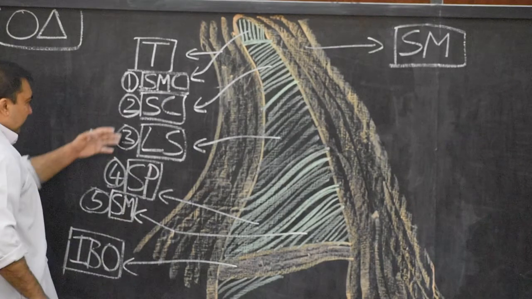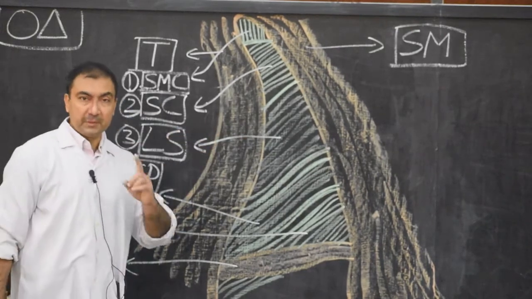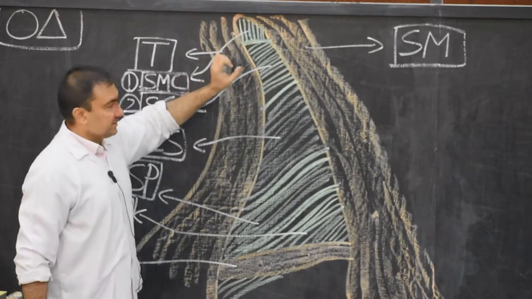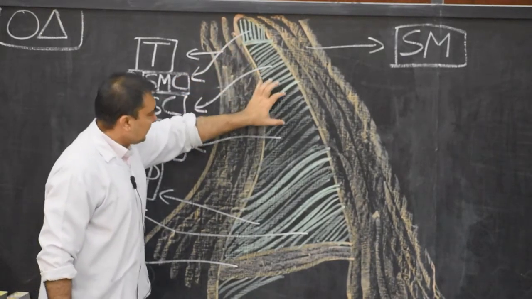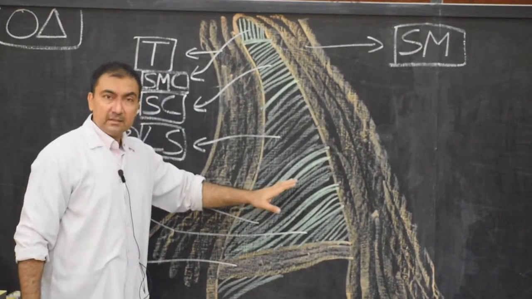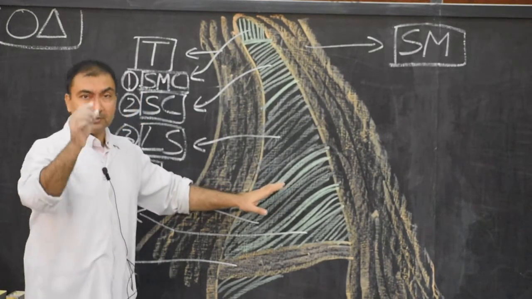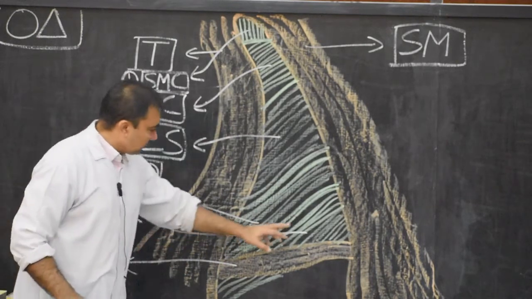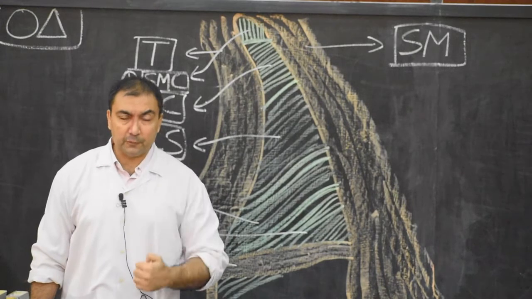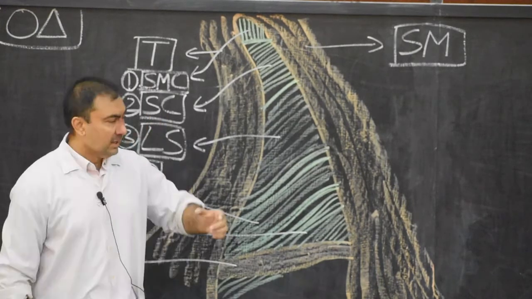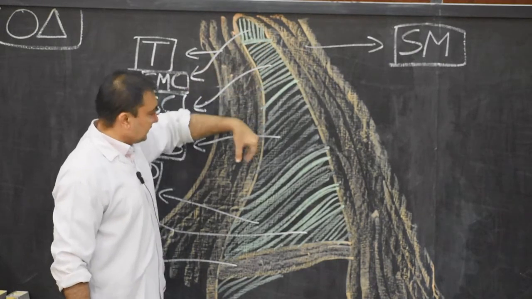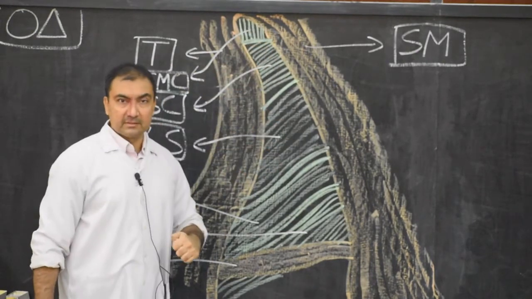These are the 5 muscles which will form the floor of the occipital triangle from above to down. Semispinalis capitis, splenius capitis, then levator scapulae, and after levator scapulae there will be the scalenus posterior muscle, and below the scalenus posterior, scalenus medius muscle. 5 muscles forming the floor of the occipital triangle. Here you have to note down that the fibers of semispinalis capitis will be vertical and the remaining fibers are directed downwards, obliquely and backwards.